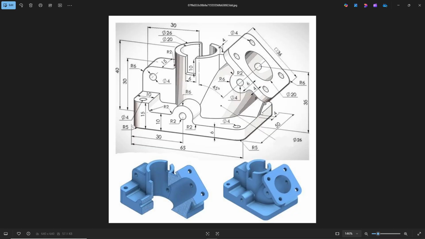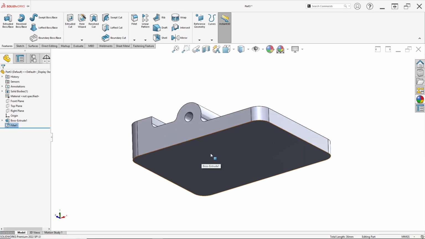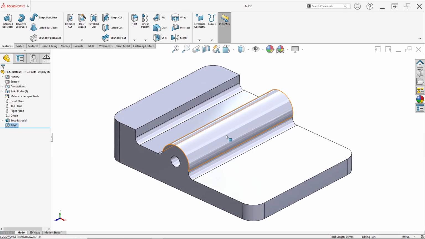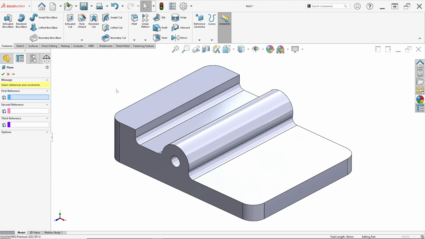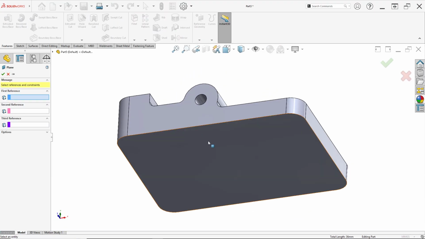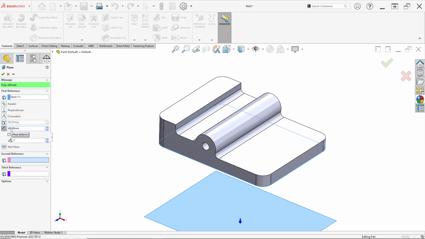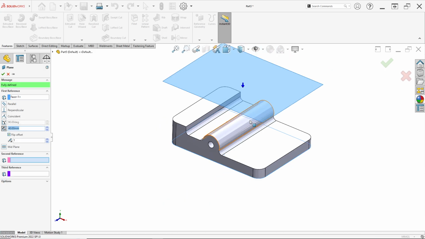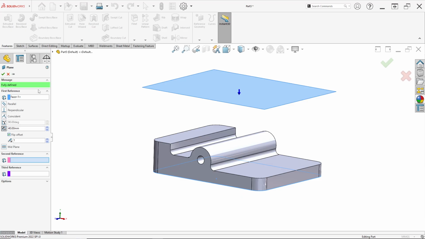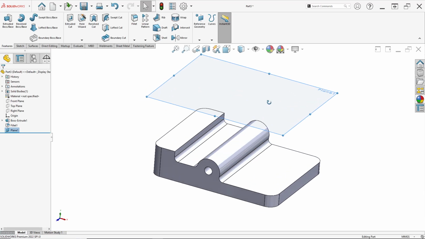After that, we can start to draw a sketch here for a cylinder. It is at a distance of 40 millimeter from the bottom face or bottom surface. So we must make a new plane. Click feature and click reference geometry. Just click plane. For the first reference, click this surface or face. Set the offset distance to 40 millimeter, and we can check or click flip offset to the top like this, and just click OK.